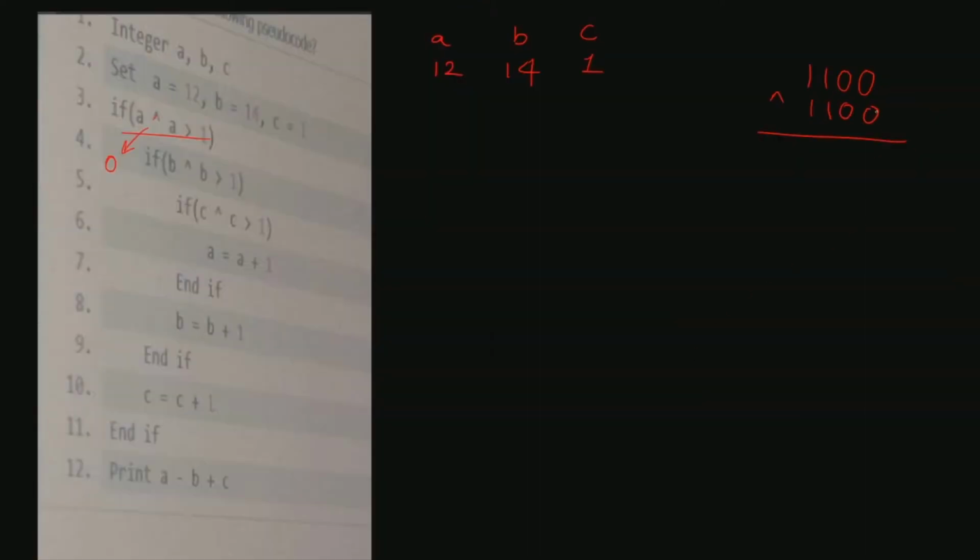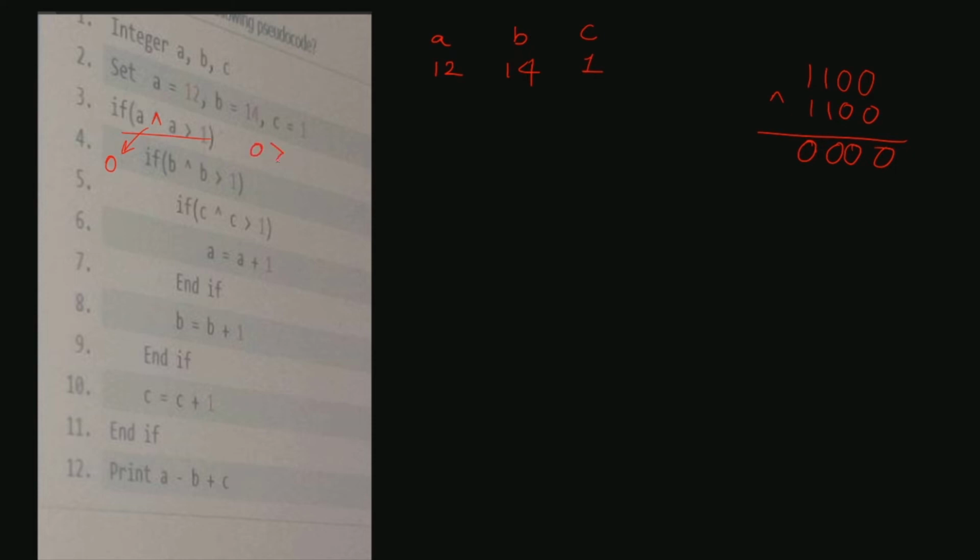Okay, so here this will be 0 0 0 0. I hope it is clear. So therefore you don't have to waste your time solving this. You just have to keep this trick in mind, that whenever there is an XOR between two same variables, then the answer will always be a 0.